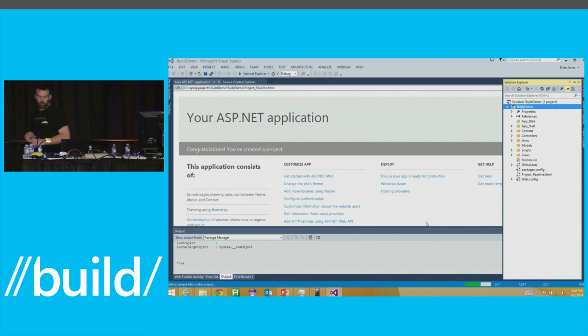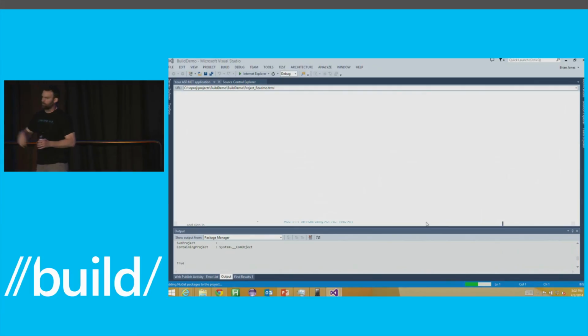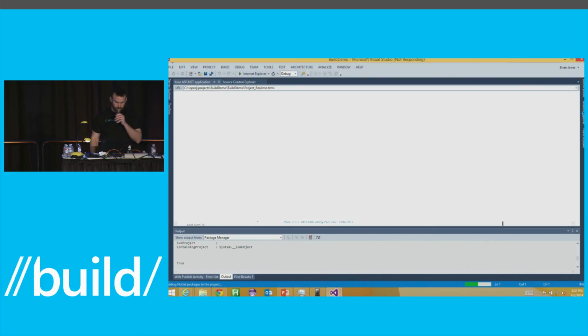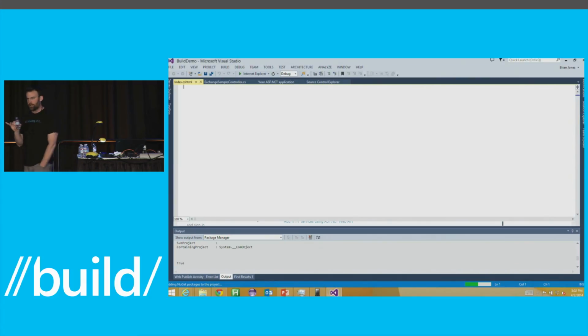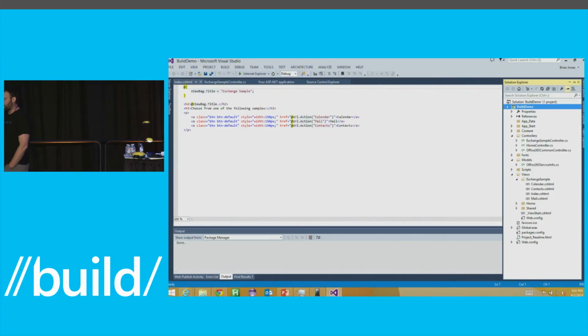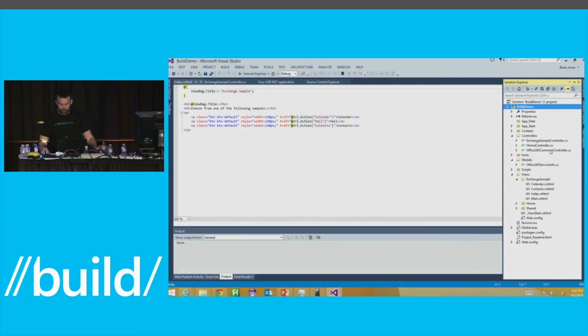And then this tool is going to automatically add a few additional views and controllers to my MVC solution. It's getting a few NuGet packages. It's going to automatically register that app, so it's going to get an app ID, register that in Azure AD for me, and then create a couple sample views for connecting to Exchange.